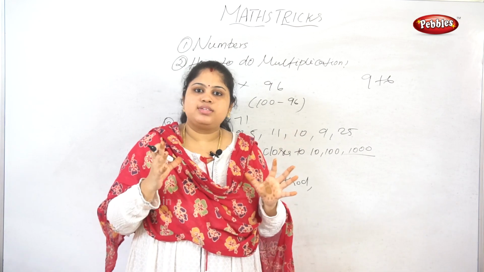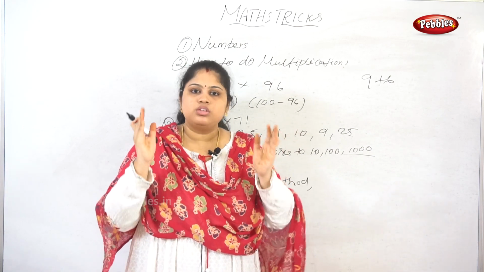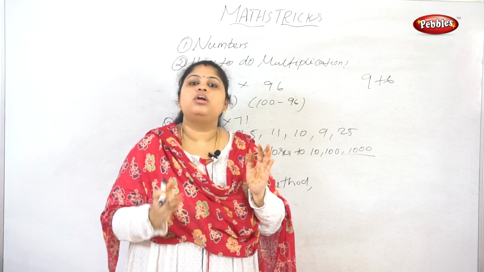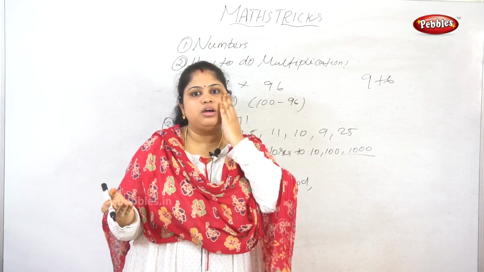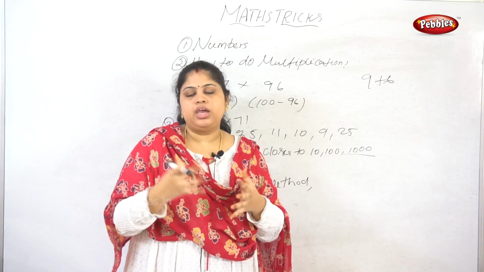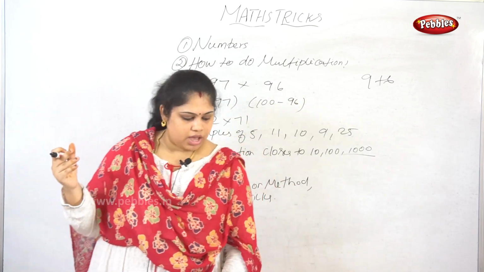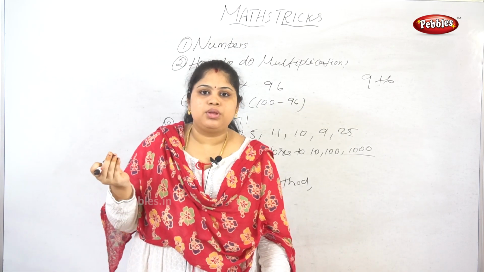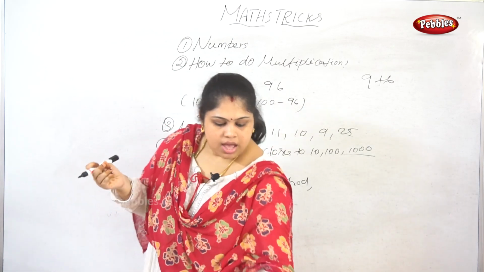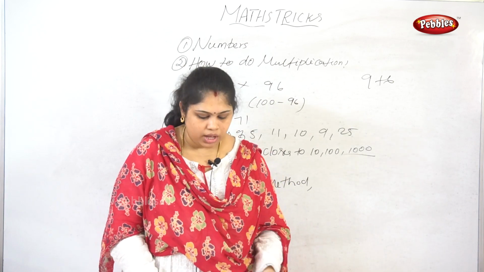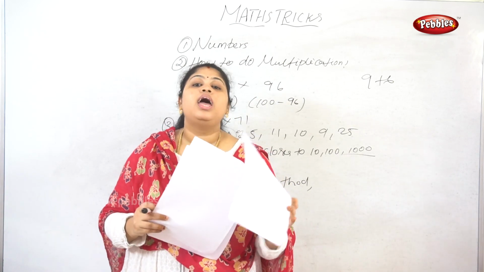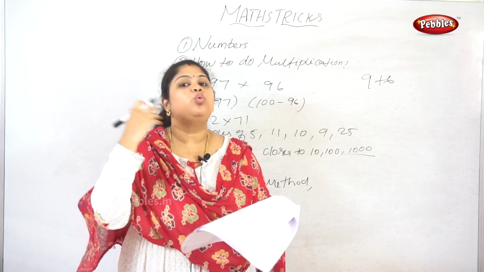Okay, so for example, if there is an addition, not only a single method they are following to get the answer. There are different kinds of methods to reach the answer. In that we have seen about basic multiplications by 9 and adding with the series of numbers. Okay, how to add with the series of numbers, and what is meant by the left to right method.